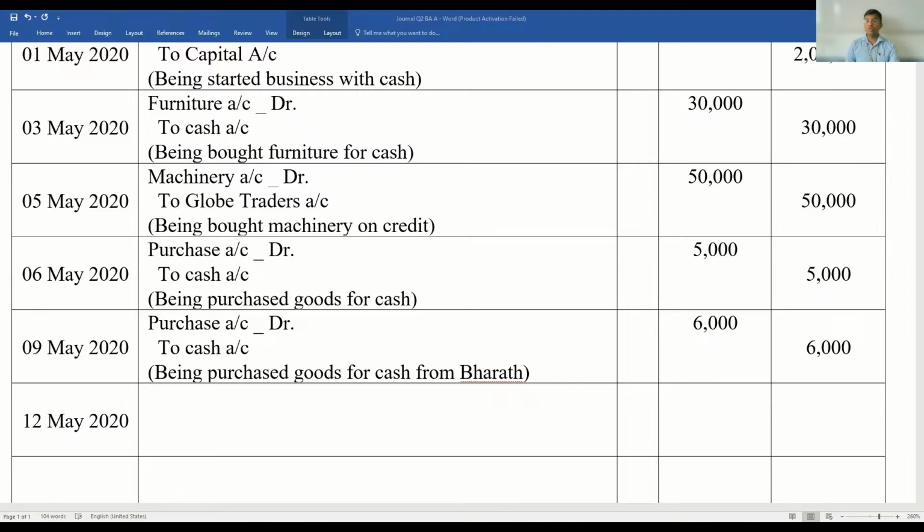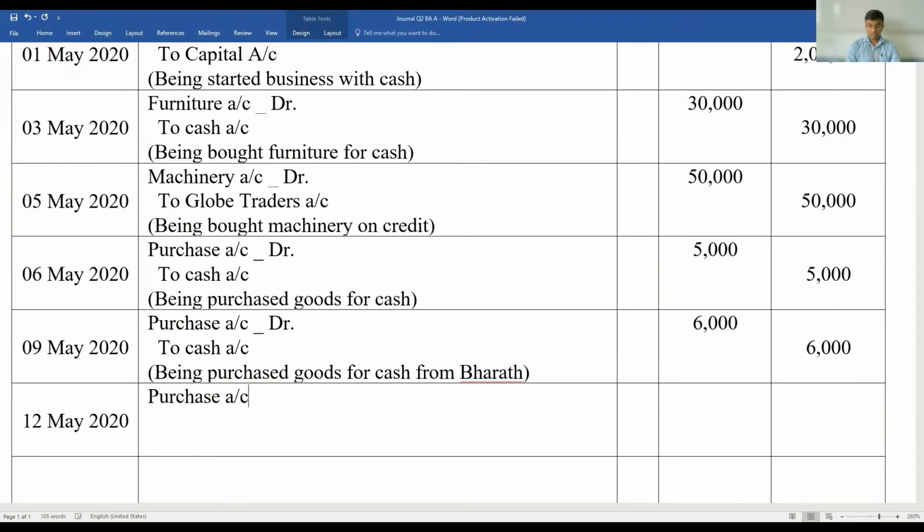Since it is not exclusively mentioned, it is understood that this transaction is a credit transaction. Since it is a credit transaction, you would be bringing in the name of the person with whom you are engaging the transaction. So the two accounts here would be purchase account and Thomas account. Purchase is real, Thomas is personal. Golden rule tells us debit the receiver, credit the giver. So